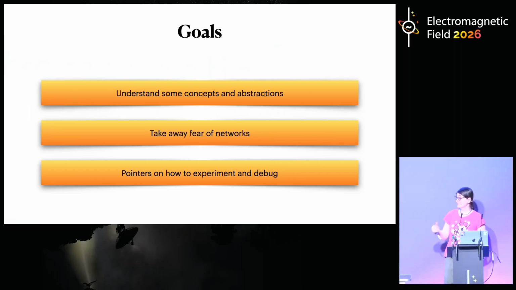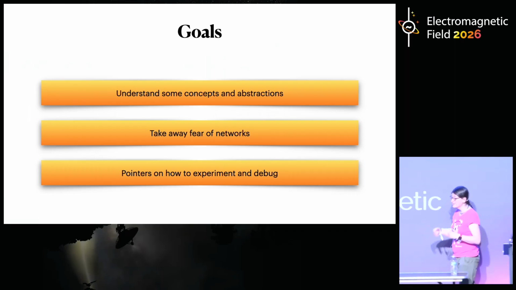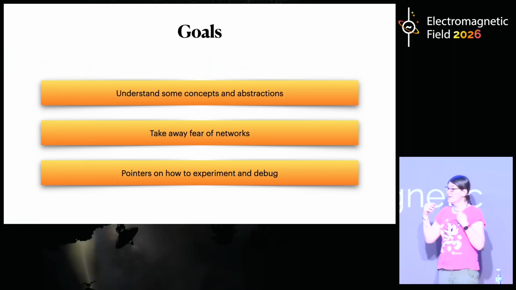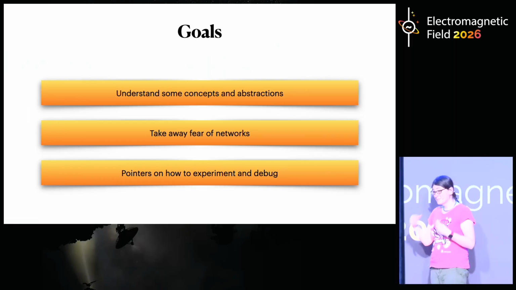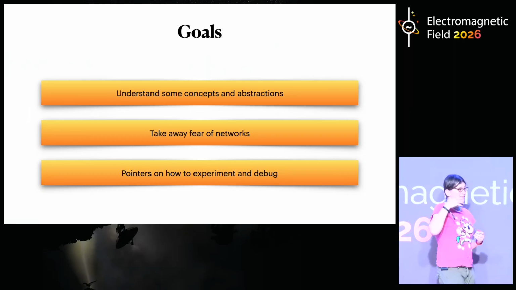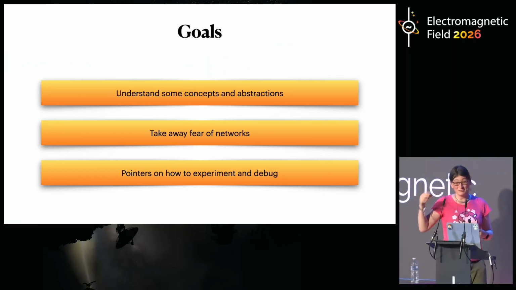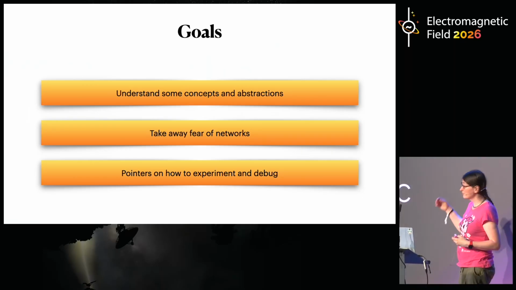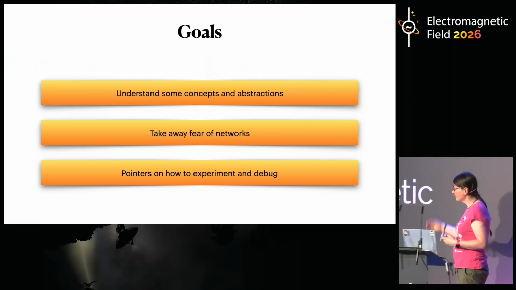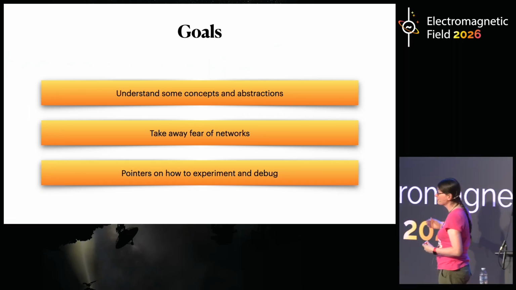I feel like some people are afraid to approach computer networks, thinking they are quite complicated. And I think that if you understand some of the building blocks, they're actually quite simple to figure out. When you understand the building blocks, it's easy to understand how some things might work and what's happening on your network. I also want to give you some pointers on how to experiment with computer networks if you're interested in this after the talk, and how to debug common problems